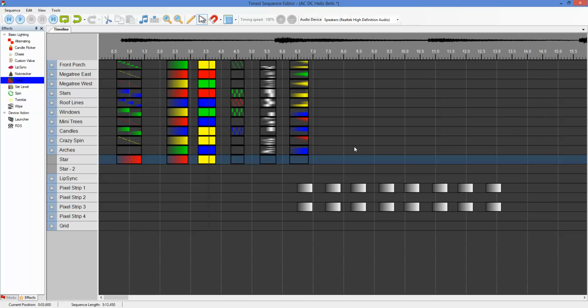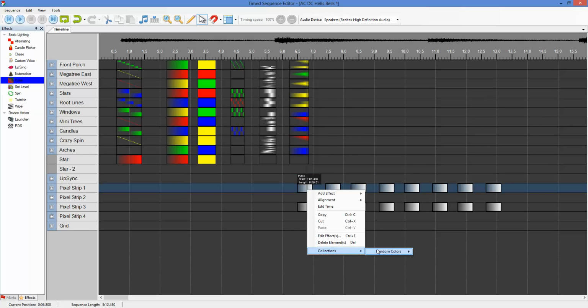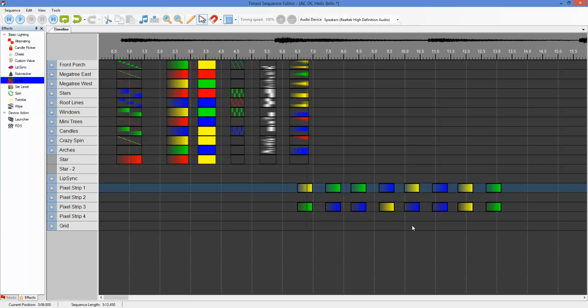If it ends up with a color that's not, it will get one that is for that effect. That's the hope anyway. So there we go. There's those. Let's spread that out a little bit more for these. And of course, with only 4 colors in there, we see some of them repeat, but